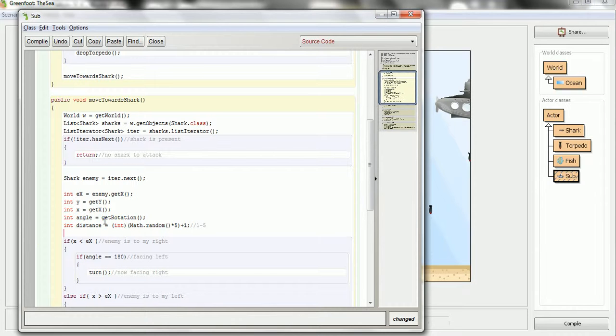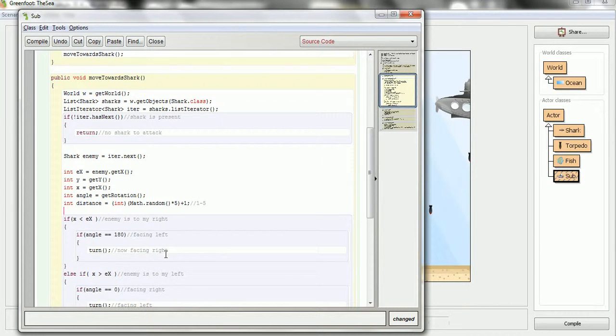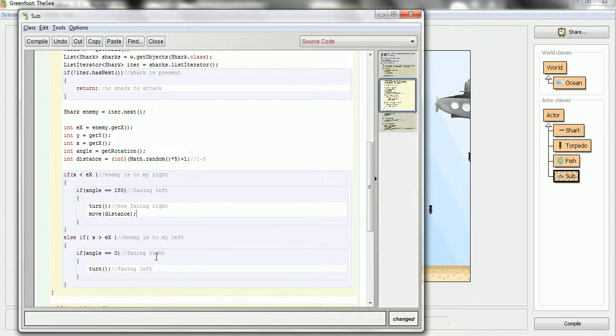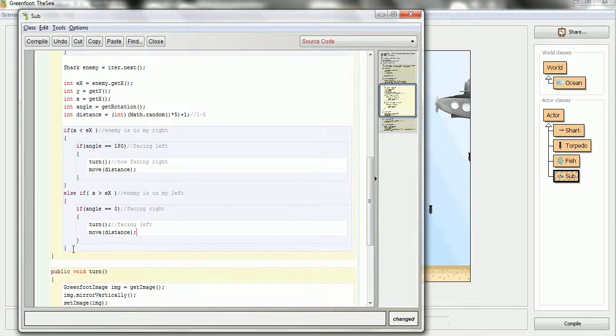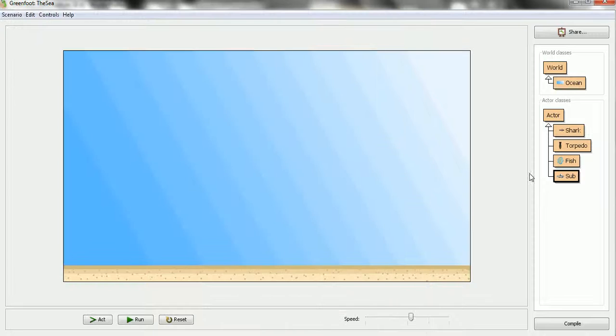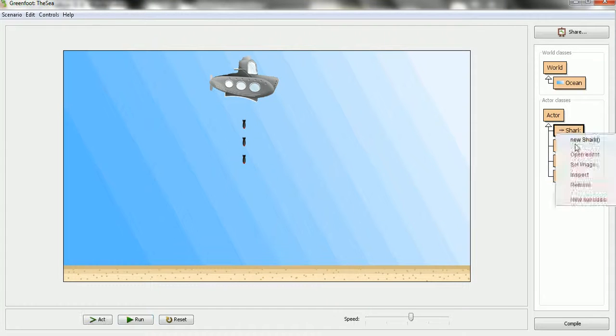I'll get the distance, and I only need to move if I've actually made a turn. Because I don't need to move if I'm directly under the shark. If I'm directly underneath it, it's just going to stay still. So there's no need to turn or move. And now I think that behavior should be more realistic of what I want. So if I'm running it, nothing's happening because there's no shark. If I add a shark to the world, however,